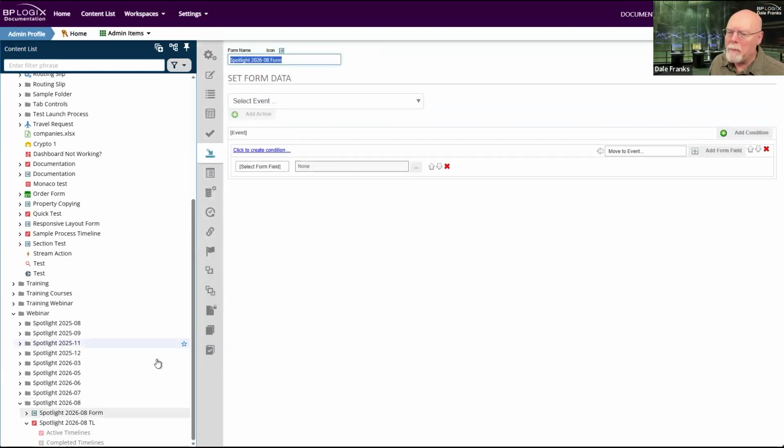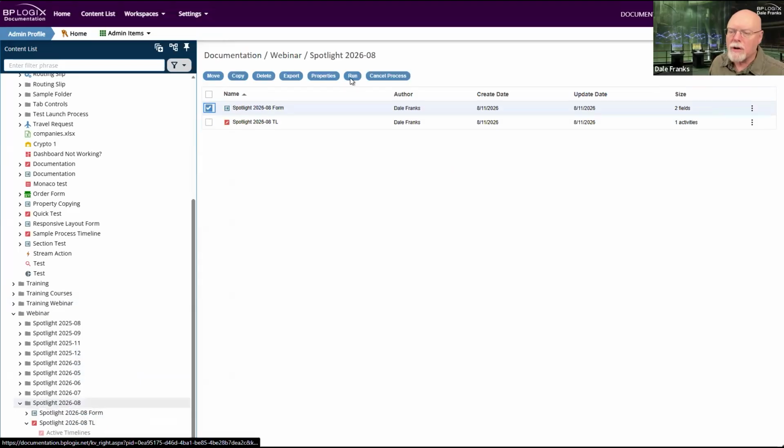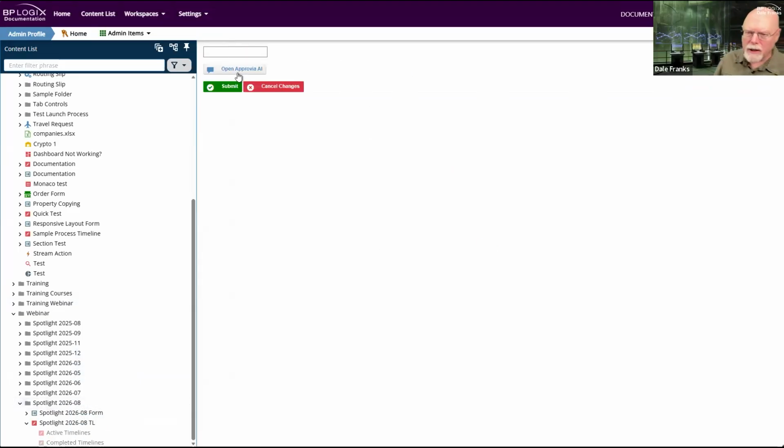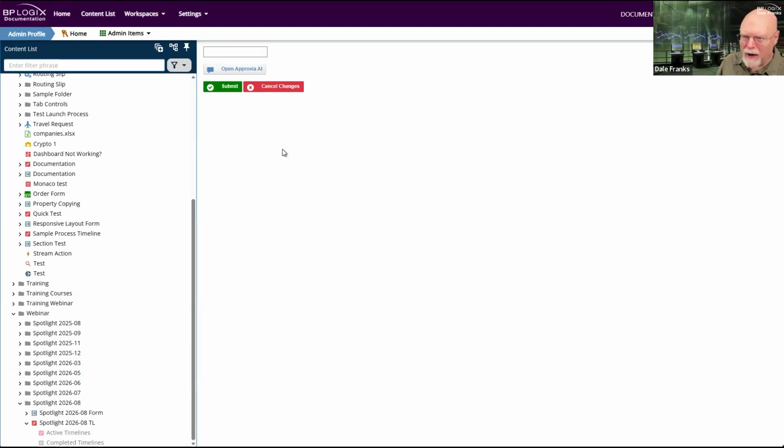Actually, you know what I might do to start off with is just run the form so that we can look and see what the control looks like here. Now, here is the default control. I've made no changes to colors or any other button functionality. And when you open it up, what it says is open Apruvia AI. And then when you click on it, it opens the Apruvia AI chatbot over here in the lower right side of the window. And that's all fine. That's the way it worked.